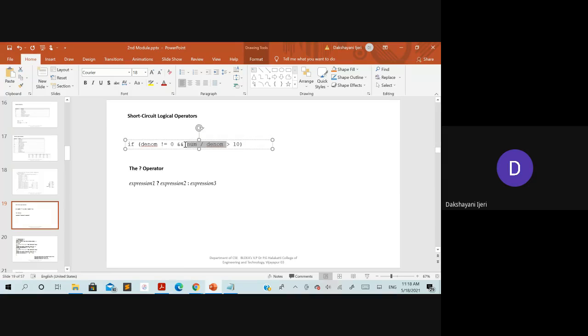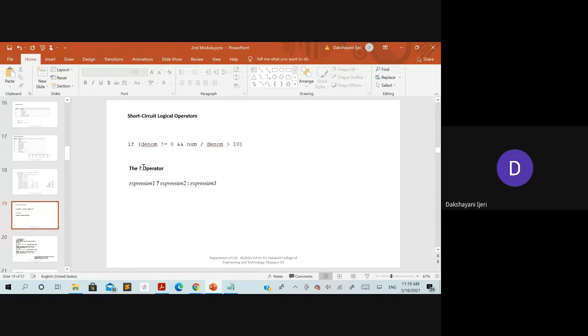So the same is the case with the OR as well. Okay, so what is the intention of the double OR over here? Double AND means if this is true, then only this will be executed, right? Double OR means if the first part is itself true, then it will give the result as true without checking the right hand side expression. So if any expressions need to be checked like this, at that time you can go for using the short circuit AND operator and the short circuit OR operator.